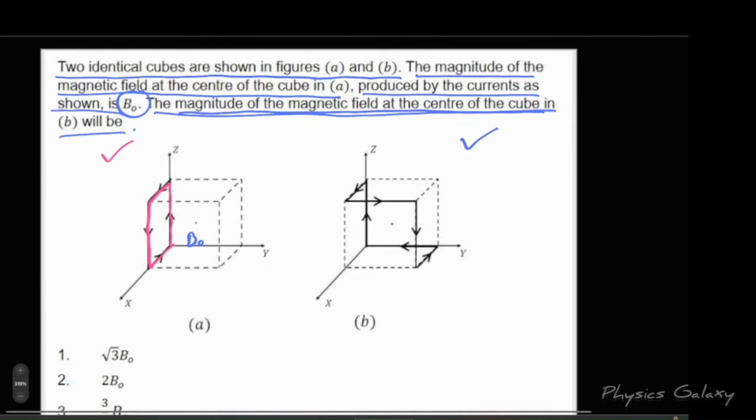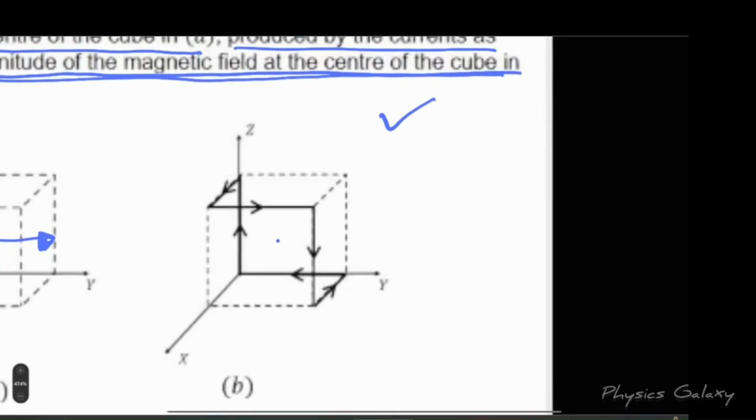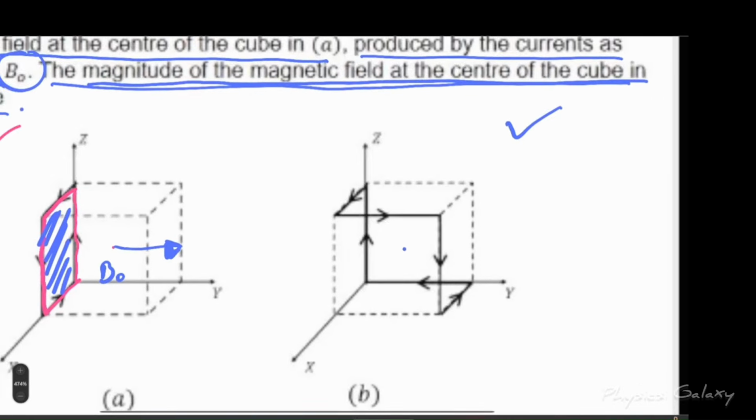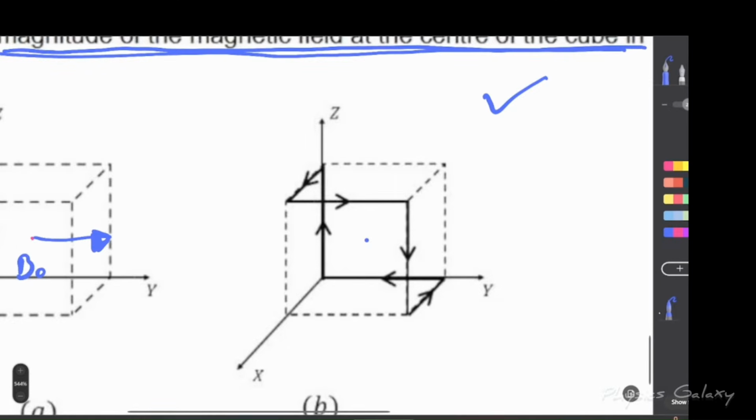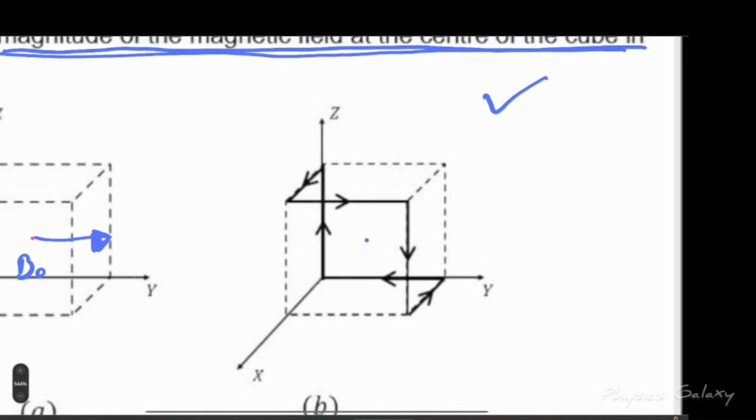Now we know for this loop, the magnetic field will be in this direction and its magnitude will be B naught. So somehow I have to form some loops. So how can we form some loops? We can make loops like this. We have to add some additional currents. So if I make first the top loop, I have to make it closed. So this way, if I make this loop, then I have to introduce one more current here,